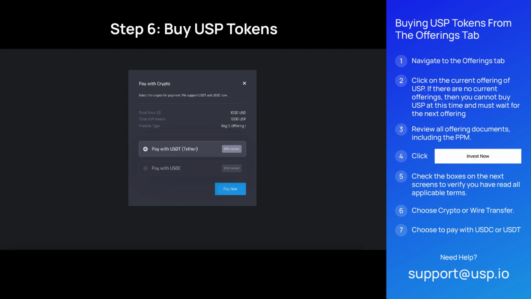Once you have made your investment, allow for up to 48 hours before the USP tokens appear in your wallet. If you run into any issues during this process, please email support@usp.io for